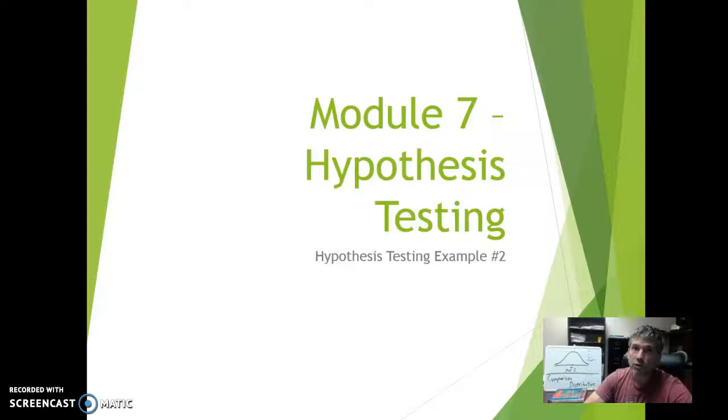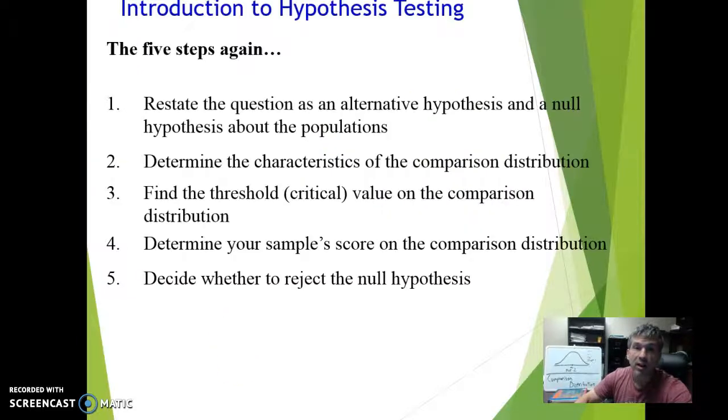So the comparison distribution is basically a distribution of outcomes that we would expect if the null was true. We define the characteristics of that comparison distribution in step 2. We find critical values to figure out where that region of rejection begins in step 3. And then we place our sample score on there in step 4. So steps 2 through 4 basically revolve around this comparison distribution. It's really good to understand exactly what's happening there. And of course, what happens in 2 through 4 determines the decision you make at the end, which is the